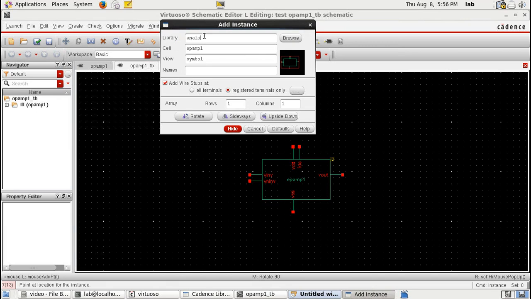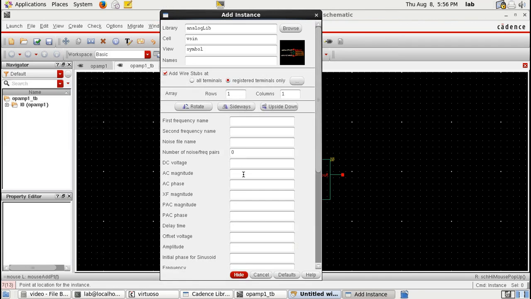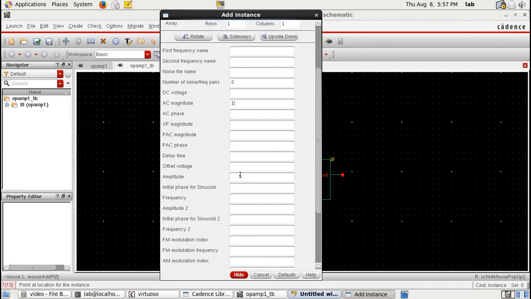So under analog lib I think we should call in a sine wave, a sine voltage with an AC magnitude of 1 volt and an amplitude of 5 micro, because this op-amp would probably give us an amplification of something around 1000 times. So the frequency would be 1 kilo,